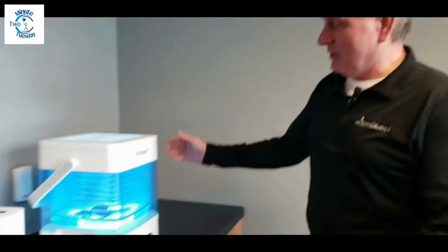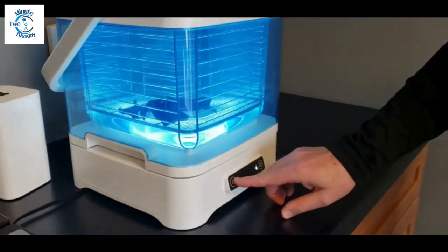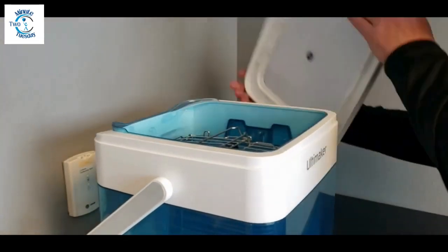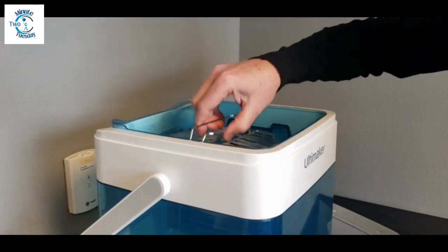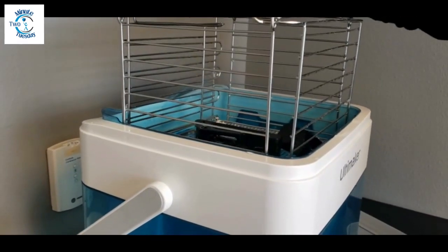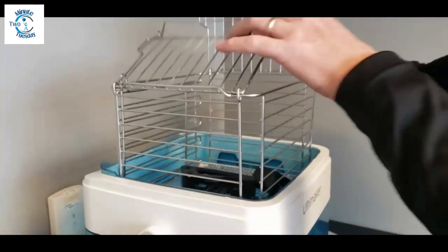It's been about 45 minutes now, and we can take our parts out. So to do that, we turn the machine off. We pull off the lid. We raise the basket, and if you turn it 90 degrees, it's got a little ledge, so it won't drip on the counter. We can open it up,